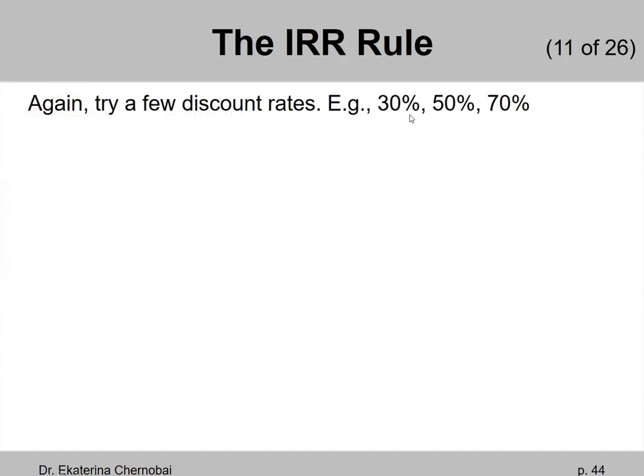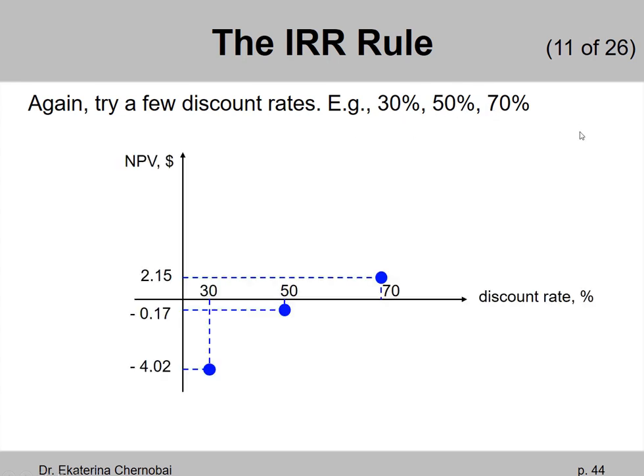Let's try randomly a few discount rates. The same ones we tried before, 30%, 50%, and 70%. And let's right away plot our resulting net present values on the same graph that we used earlier, with the discount rate along the horizontal axis and the net present value along the vertical axis. So when we try the discount rates of 30%, then 50%, then 70%, and for each compute the net present